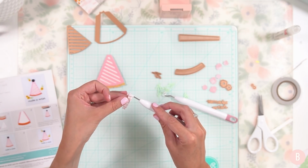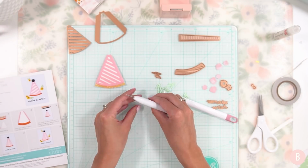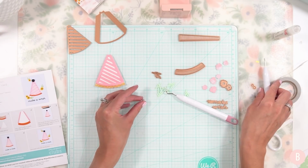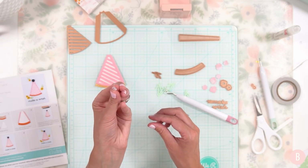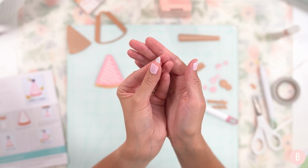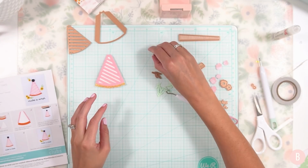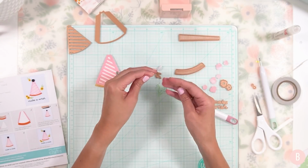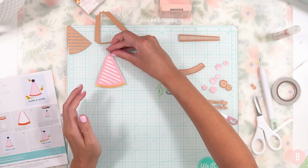Ooh. And then we can just pull it right off. And then I'm going to let that sit for just a minute, to just set up. It's kind of like a little, it almost looks like an asparagus tip. I'm just going to be honest. That's exactly what it looks like to me. Okay, I'm going to let it sit for a second, and then I will kind of fluff it up in a minute. In fact, we can kind of fluff it up at the end,